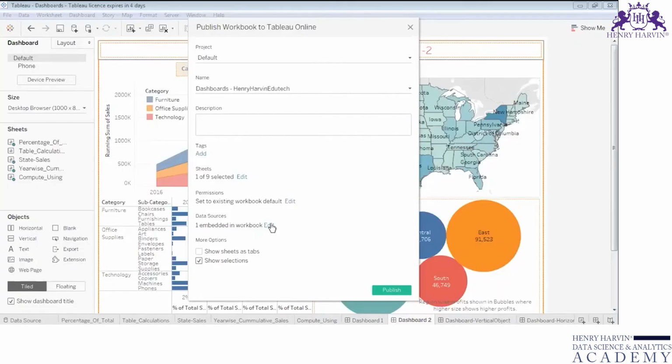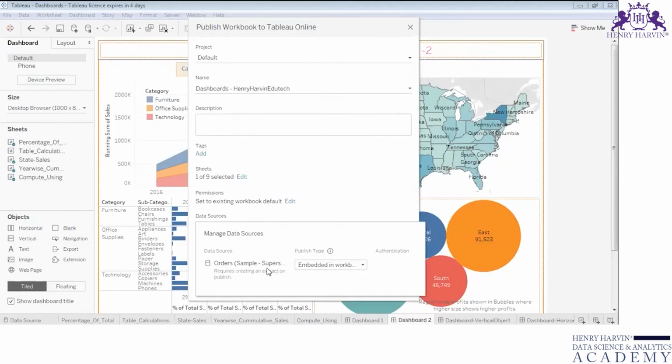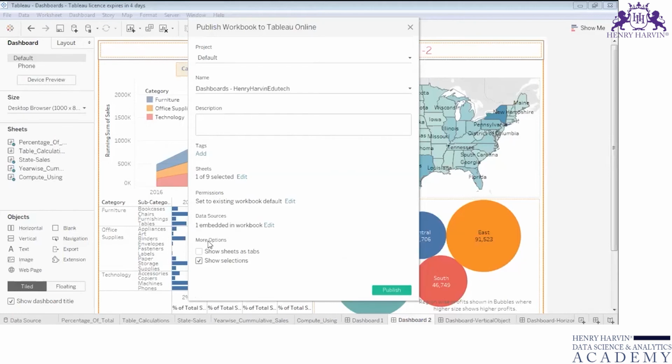Then embed in the workbook. It's asking me, since I had created a Tableau workbook extract, would you like to take that extract also with you? So I'm saying yes, I would like to, and it's asking me to show the selections and show the sheets as